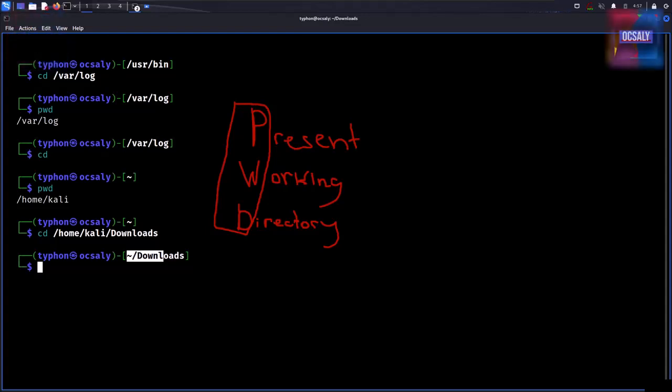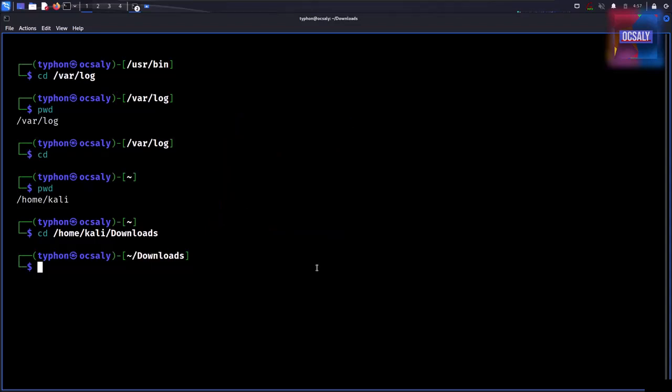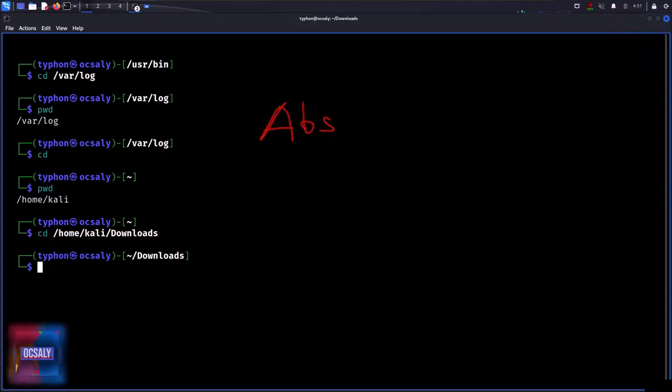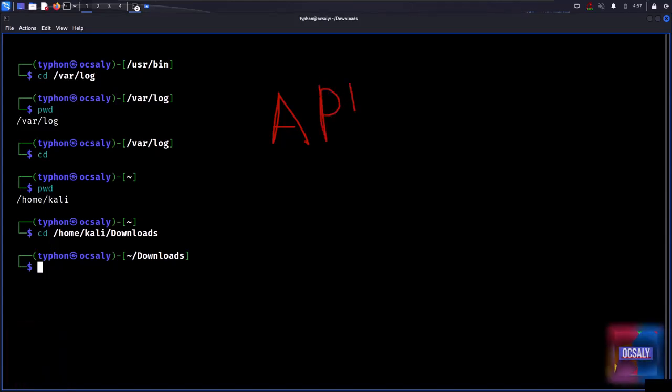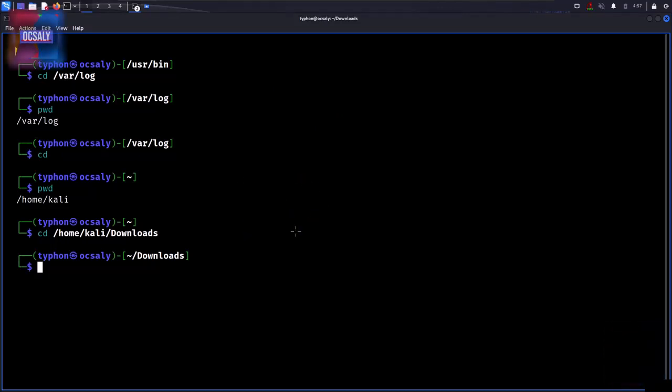Actually let me write that down here. In this whole lecture, we used the absolute path directory, APD. But now we're going to use the relative directory. So now in order to do that, it's just simple. Instead of writing cd /home/kali/Downloads, now we can just write,